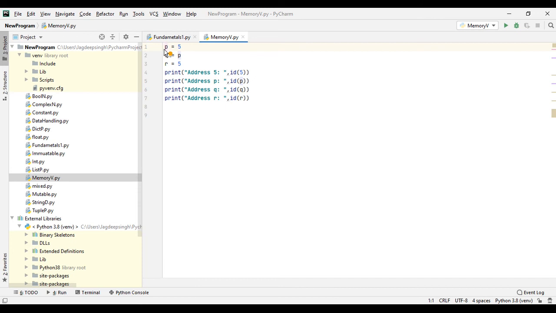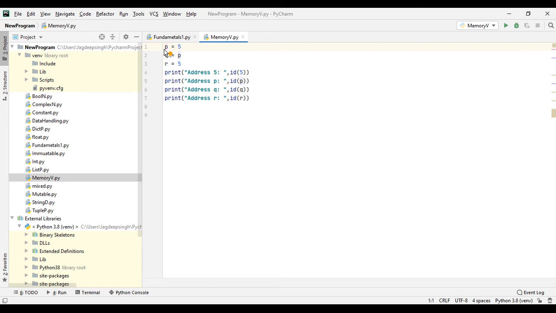We can refer to this area as a front-loaded data space. The data space memory has the literal values at defined memory, and each memory location has a memory address. So when you give the statement, for example, p is equal to 5, the variable p will be created as a label pointing to the memory location where the value 5 is stored.